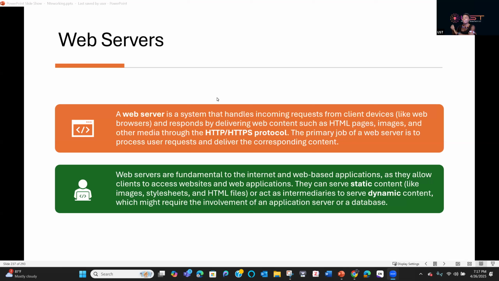Now we'll be talking about web servers. So first, what is a web server? I've talked so much, we touched base on DMZ, and we say a web server is a system that handles incoming requests from client devices, like a web browser, and responds by delivering web content such as HTML pages, images, or other media through the HTTP or HTTPS protocol. The primary job of a web server is to process user requests and deliver the corresponding